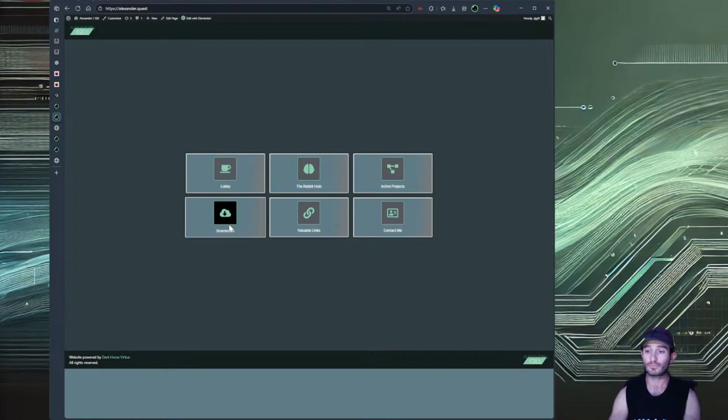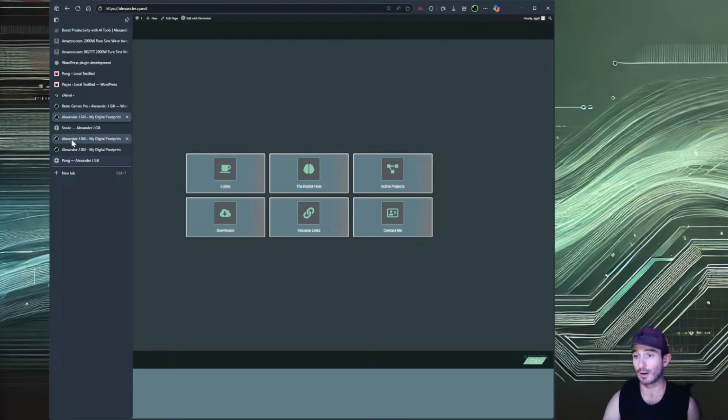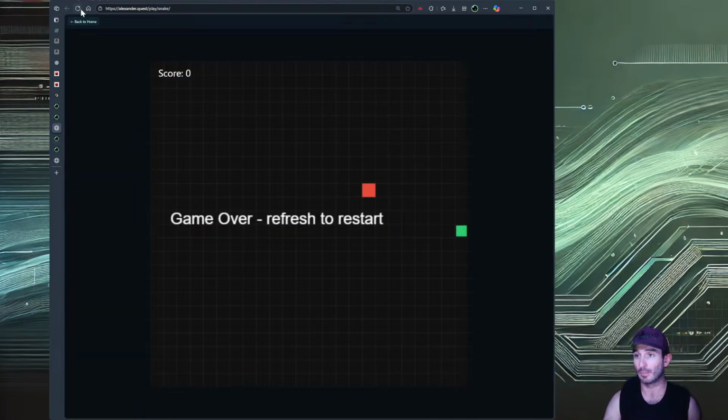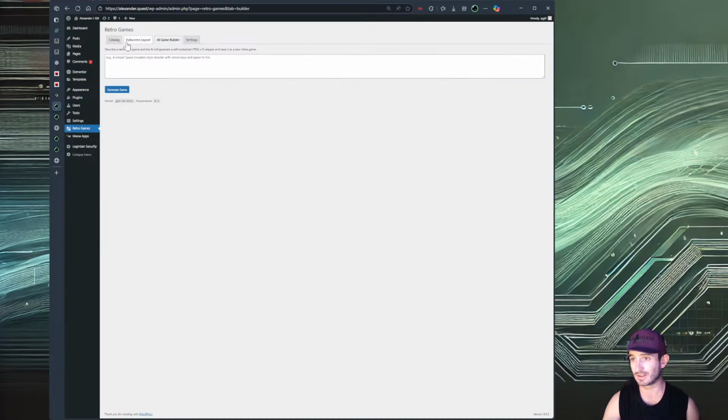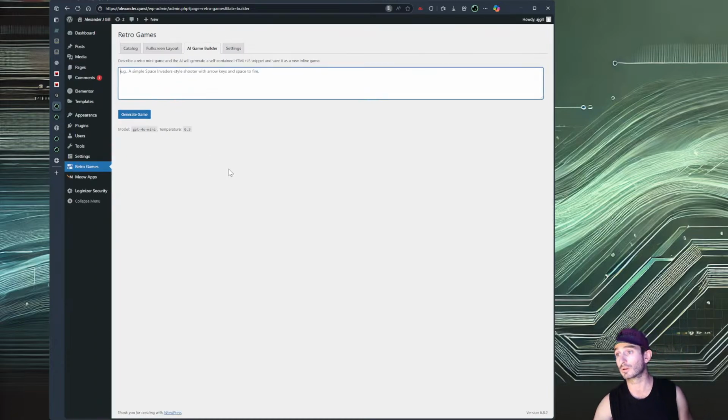Sorry. So we're back. Basically, it's working. So what we really have to test now is the game generator with an actual API key. Let me see if I can make this a little bit bigger. I actually need to hide this so I can throw my API key in there.